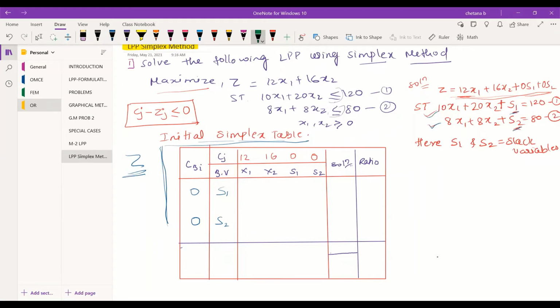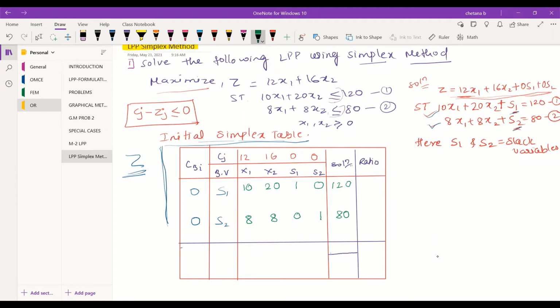The first constraint: coefficient of x1 is 10, x2 is 20, s1 is 1, s2 we don't have, so 0. And what is the solution? 120. For the second constraint, 8, s1 we don't have, s2 we have 1, and the solution is 80. Is that okay?